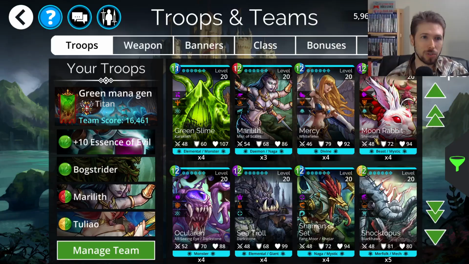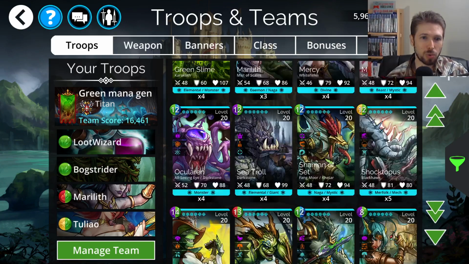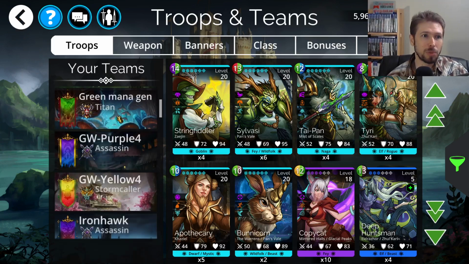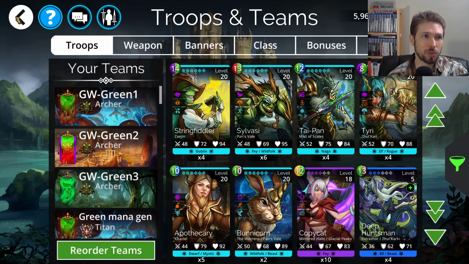Moon Rabbit is good. Mercy. Green Slime is pretty good. You got Sea Troll, so you got a couple of trolls in here. Teary, String Fiddler, Apothecary. So there's some other mana generators in here that you can use as well. And so that's pretty much it for mana generators. Let's go back here